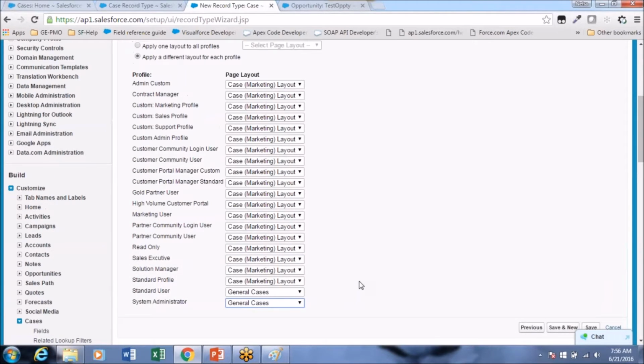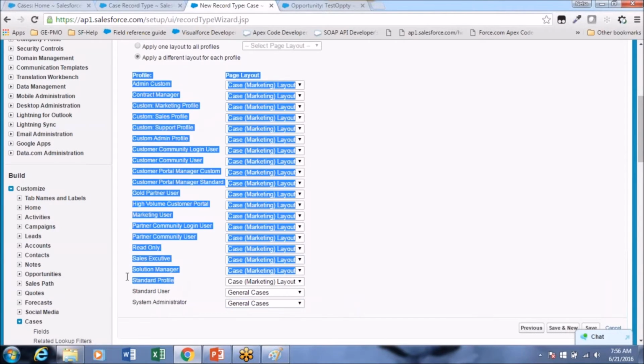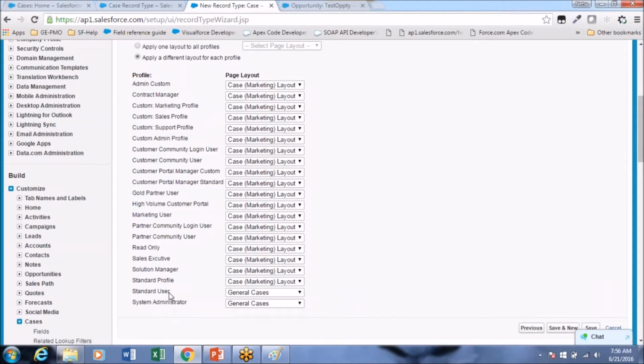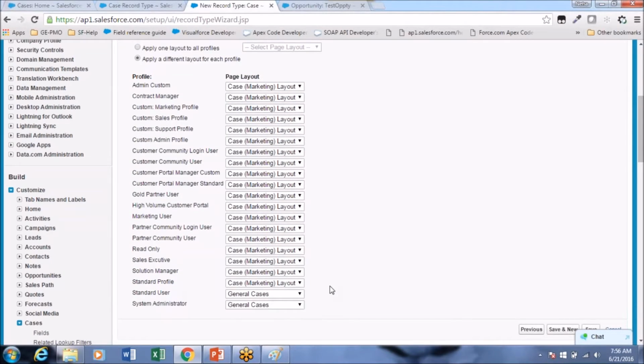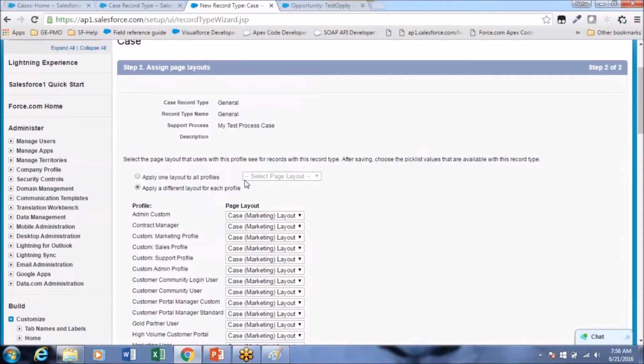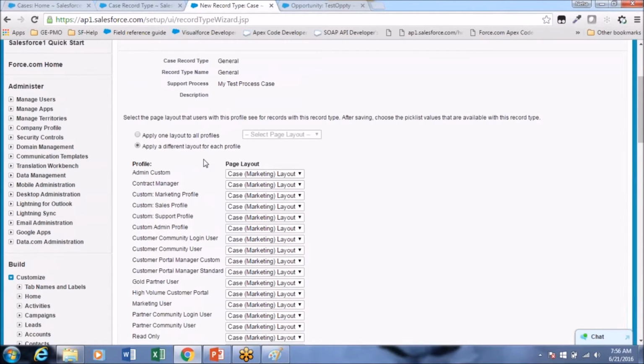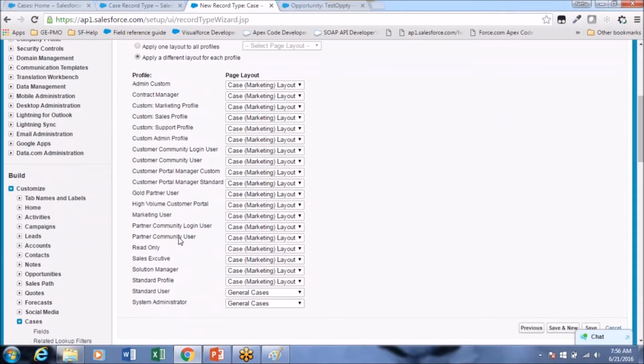Okay, for all others, whoever logs in with these profiles, they will see this layout. But this record type is not available for them because we didn't give them access. But the Standard User and System Administrator, when they log in and go to that record type, will see this layout.